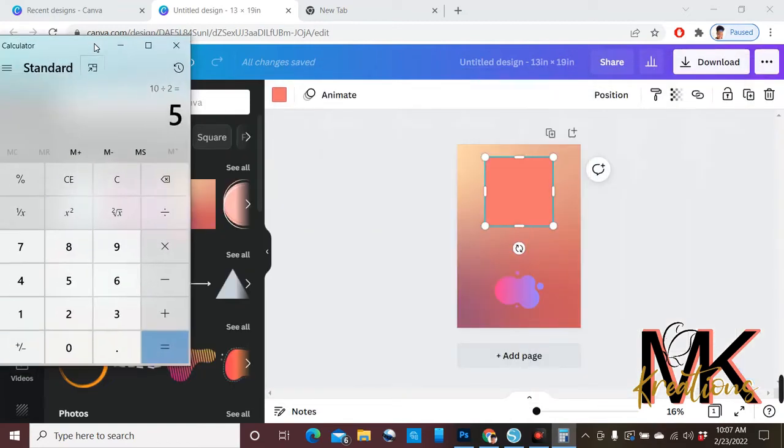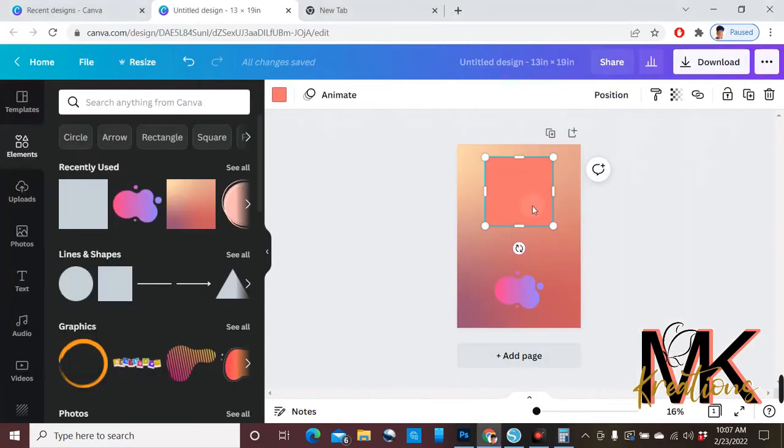To give you a better example, my box is going to be 5 inches tall by 10. It won't give me 10, I have to do 10.1. So it's going to be 5 by 10.1, and you've got a 13-inch piece of paper. So if you want to make the box 11 by 5,